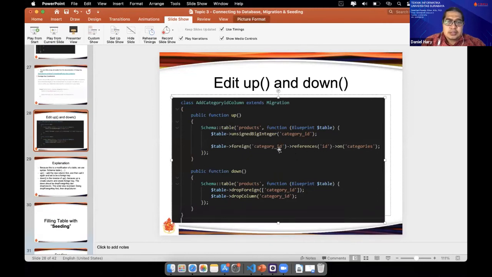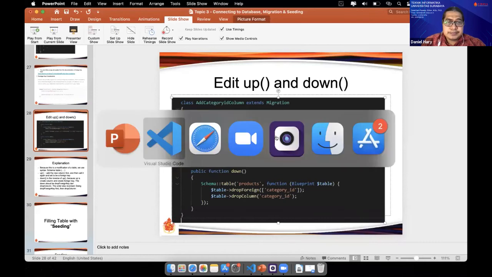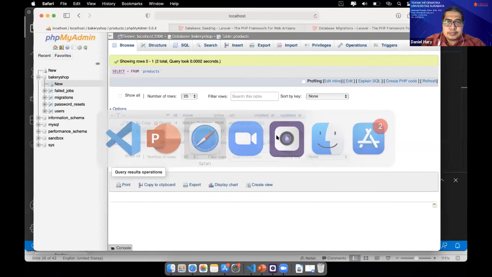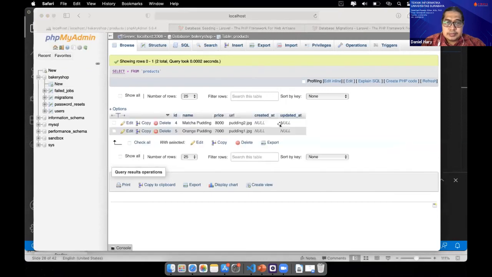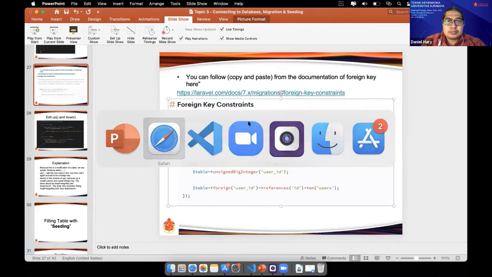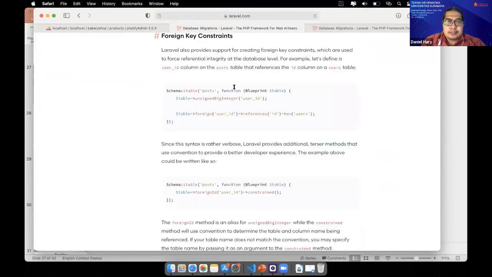I think we can copy it from some source in the Laravel docs. Okay, this one, you can copy it.